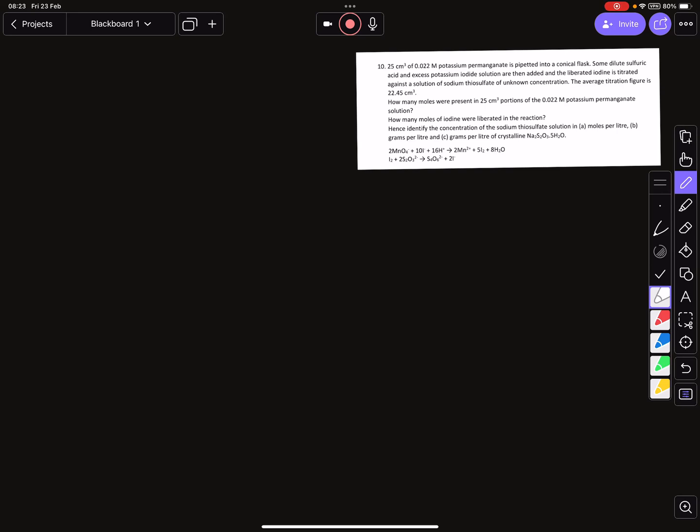Okay, so we are looking at an iodine thiosulfate titration calculation. This one is on page 1862 of our red book. Normally in titrations, the information for your table would just come from iodine and thiosulfate, but